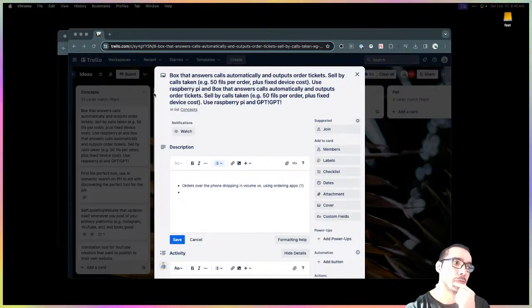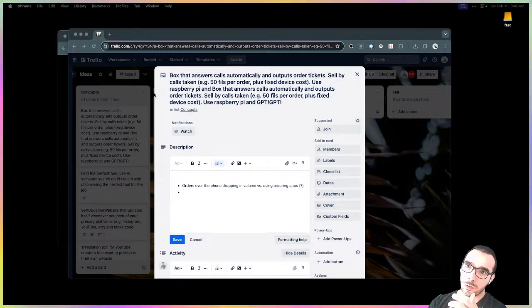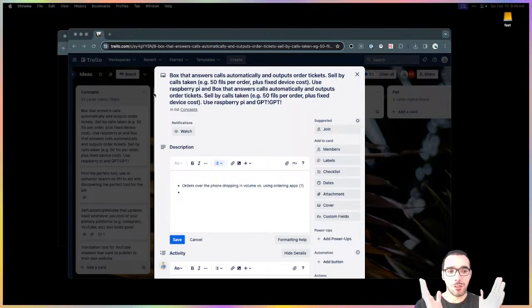But this would be a perfect application of voice recognition, using something like a Whisper API over the phone, a combination of things that makes it super simple to take orders. Definitely interesting. It's got some hardware because you're going to have to interface with the phone somehow.